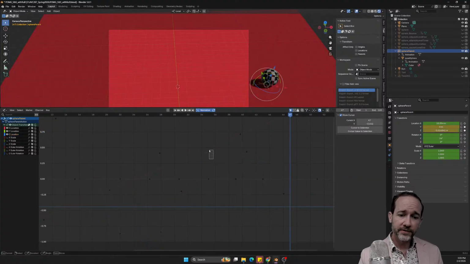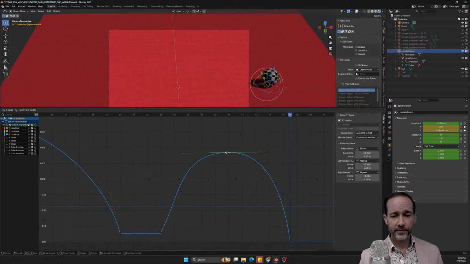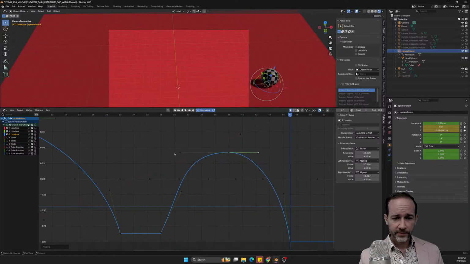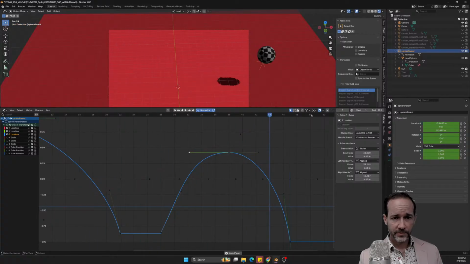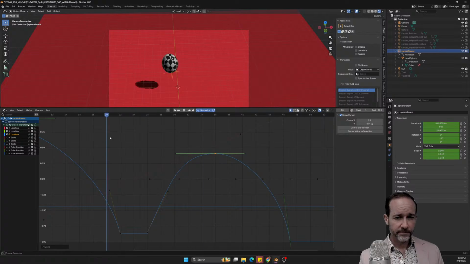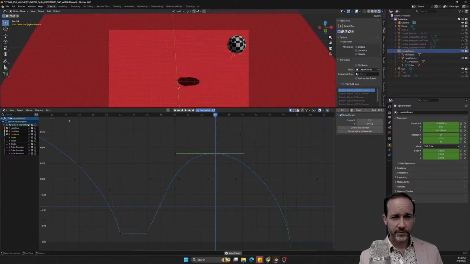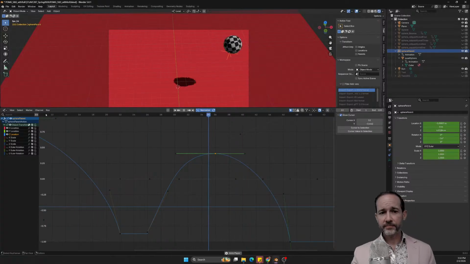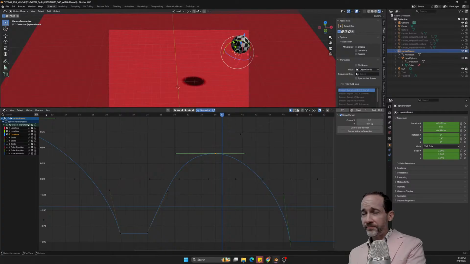Oh my gosh, just this one. I just want this. There we go. And so I can even that out, perhaps chill these out just a touch. And so now, this may be too much. Yeah, I mean, it's really sitting on the ground for quite a while there. That's going to be too much, maybe right about there. Yeah, there we go. And so that's enough to give it that squash while it's on the ground. And then really, it kind of stretches itself into the next thing, right? It's just 4 or 5 frames, but now it really feels like it hits the ground, right?